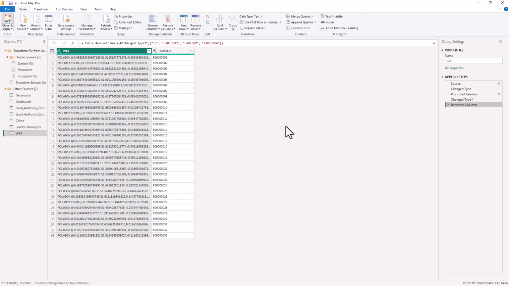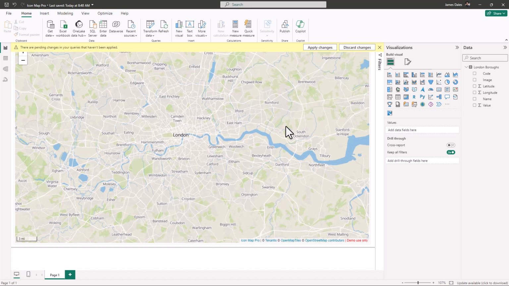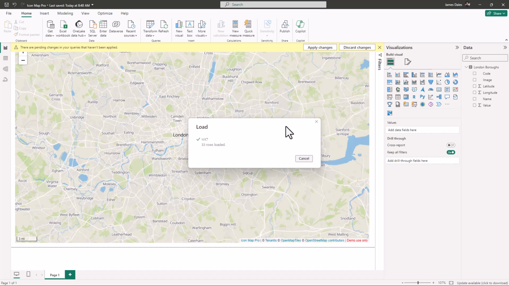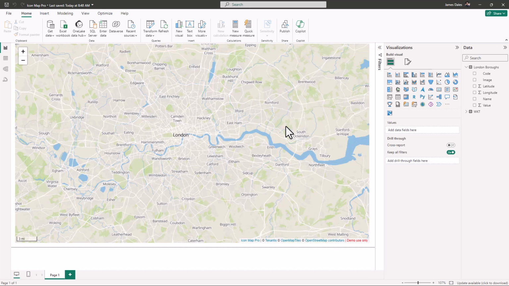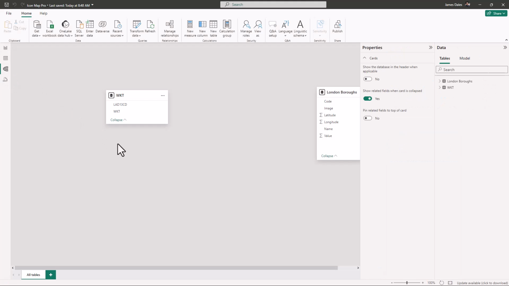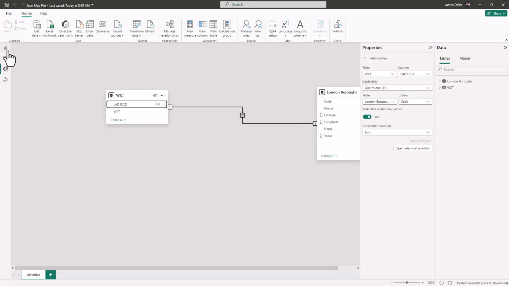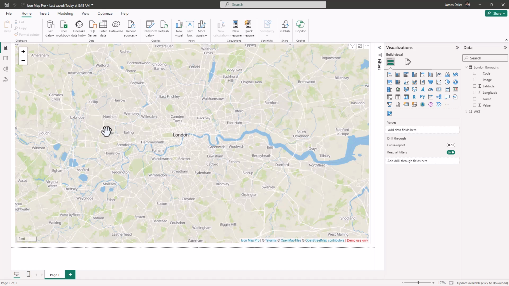So let's click Close and Apply and import our well-known text data. Now I'm just going to create a simple join between our two code fields just to join these tables together. So now back in our map,